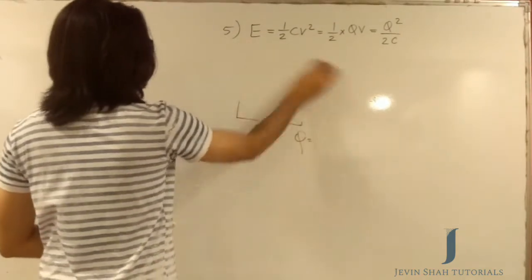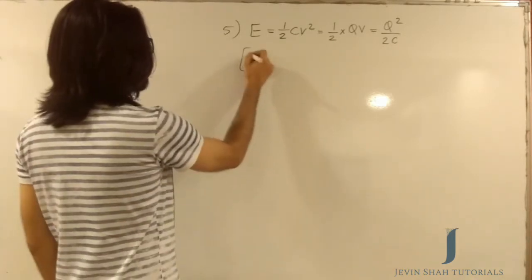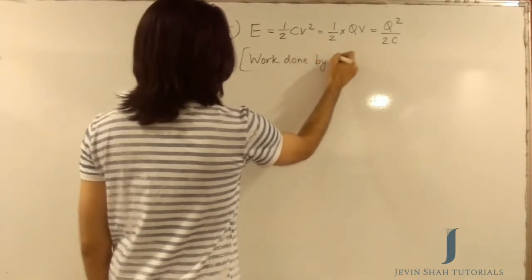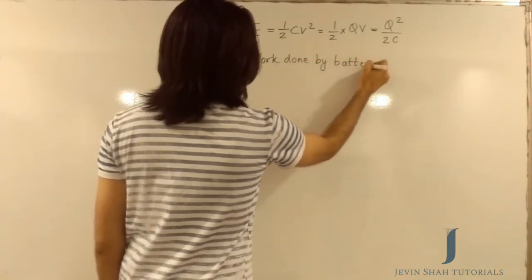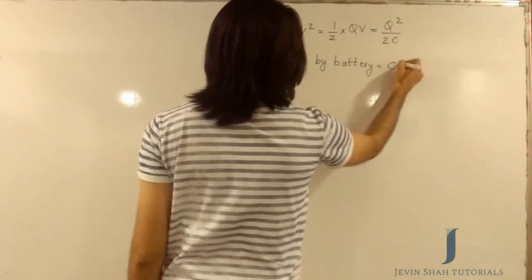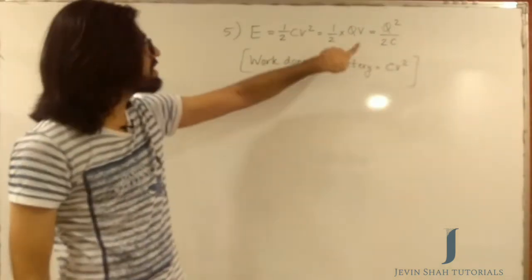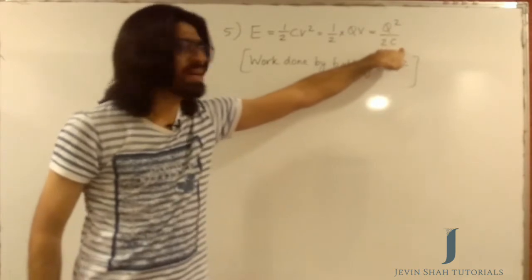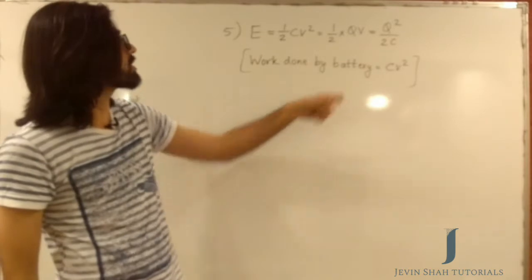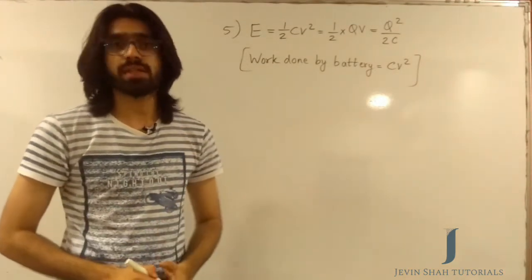So when I say that the energy of the capacitor is half CV square, I am also claiming that work done by the battery is double of whatever this quantity is, and that would be CV square. You can further keep continuing writing this as QV and Q square upon C, but since you already know it, I will just end the equation right here. So that's what I need you to understand, that of the work done by the battery, only half of it will get stored in the capacitor as the energy of the capacitor.